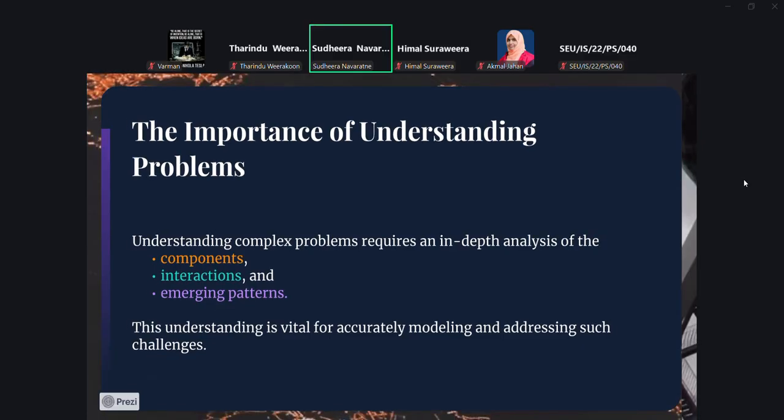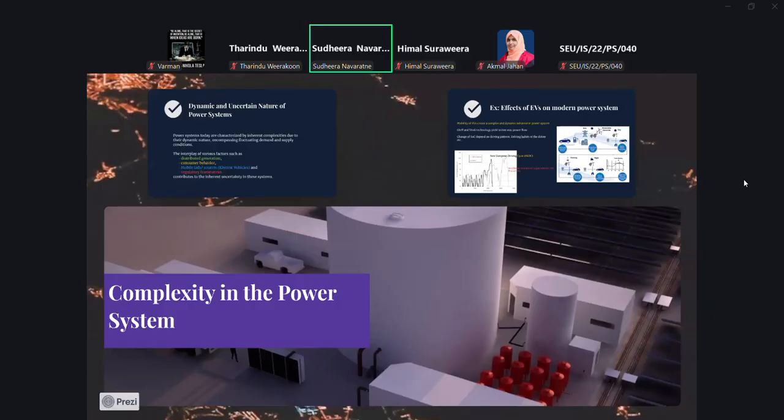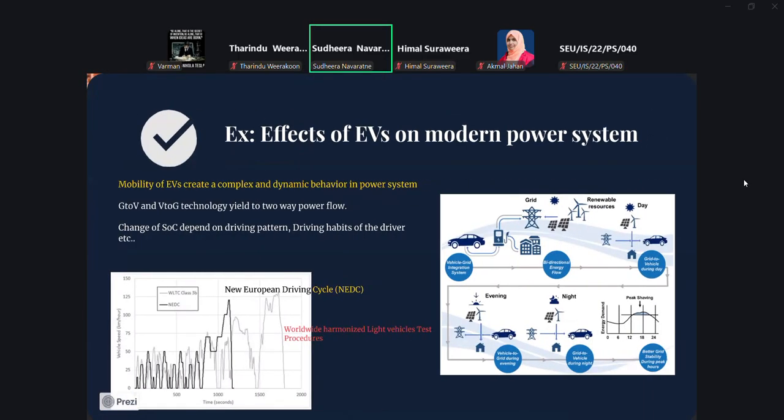Now, for an example, I will quickly go to here and come back. If you take an example from the microgrid, in the microgrid, you have many components. You have the power grid, and then you have solar systems or renewable energy, maybe solar, wind, or something like that.